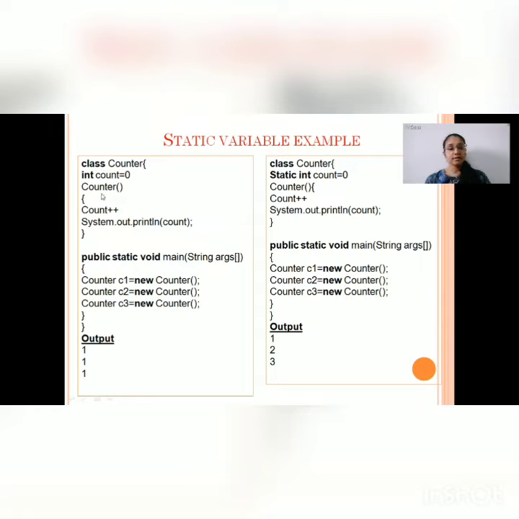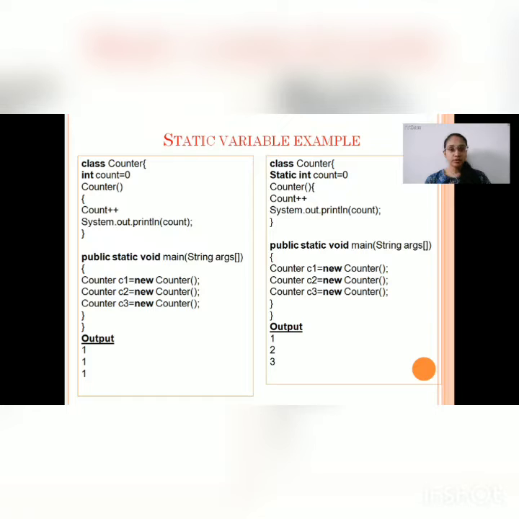Next, in the constructor of this class, I have incremented this variable cout plus plus, and then the value of that variable is printed. Now in main method, I am calling this variable 3 times using C1, C2 and C3.